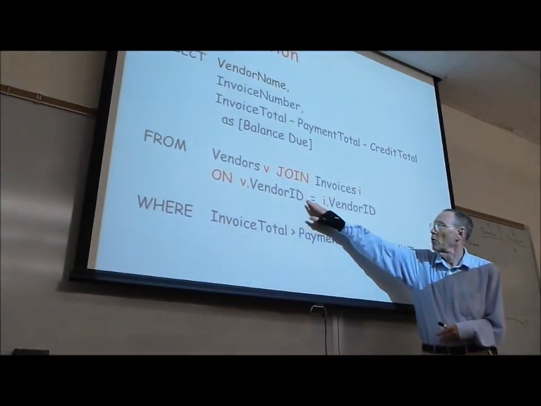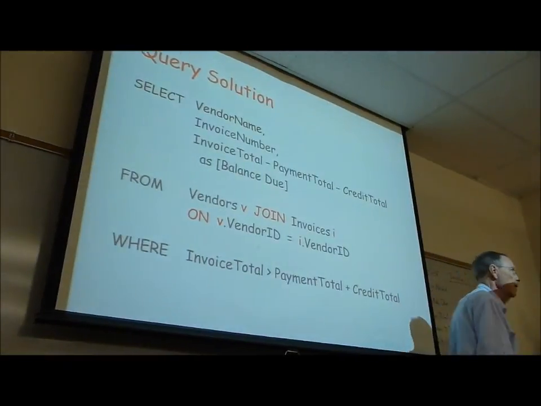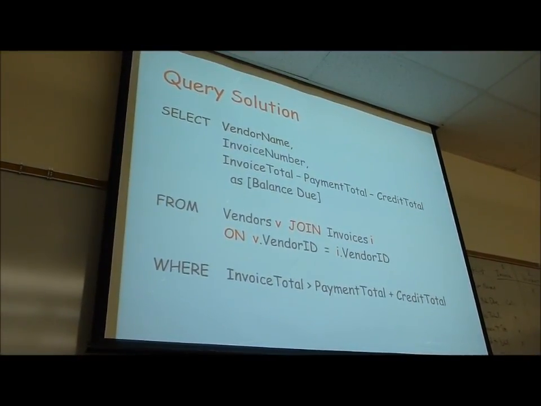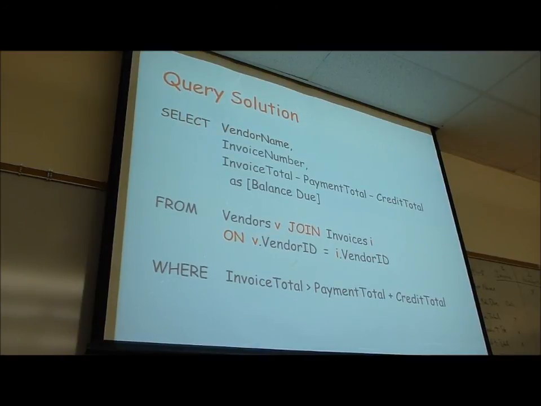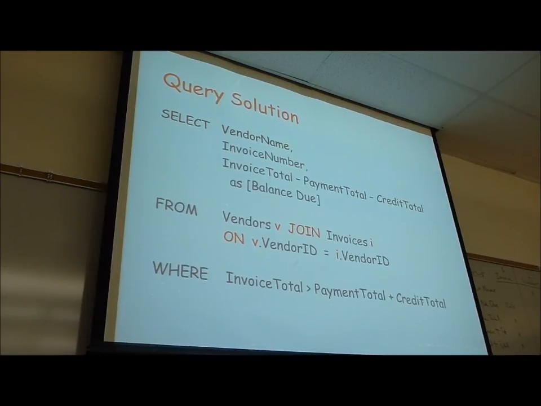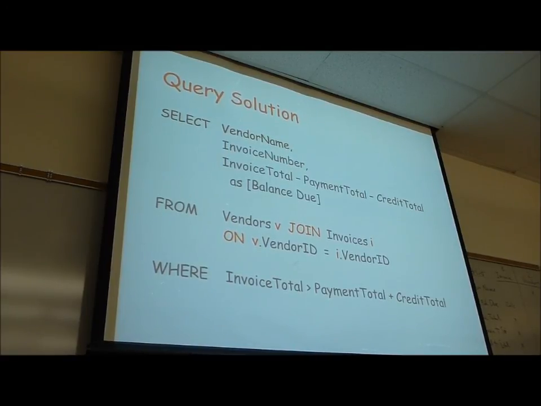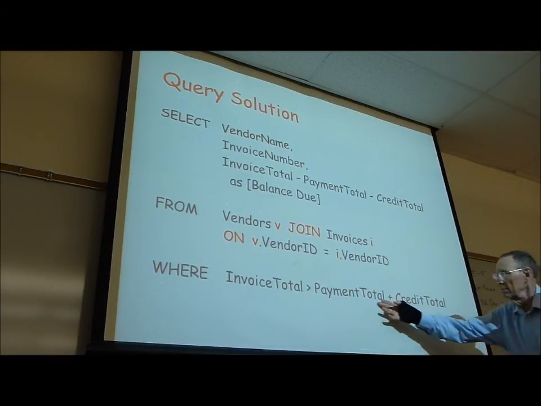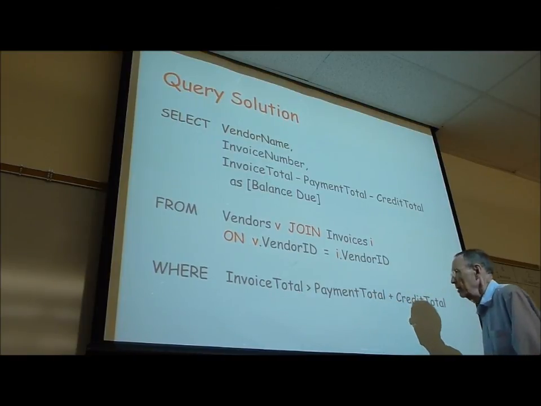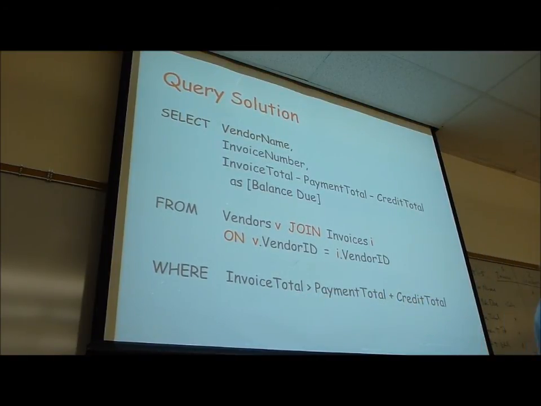But if I didn't have these correlation names in here and I said vendor ID, well, vendor ID, you figure it out. Yeah, and that's right. If you have a, we filter that out. If the invoice total is still greater than what you paid up, if the balance